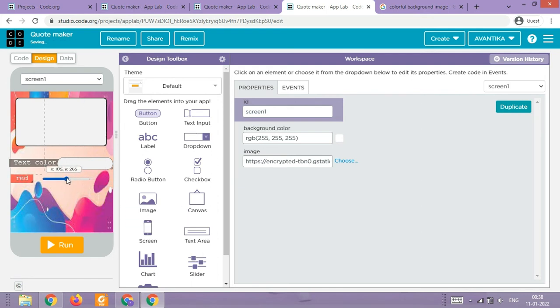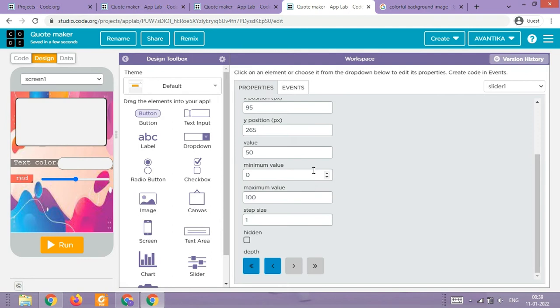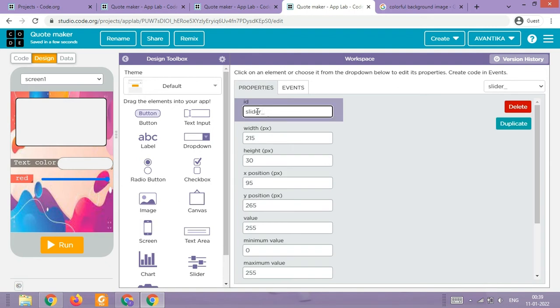Then drag a slider here and make it big, however you like it. So this slider will have the minimum value as 0 and the maximum value as 255, and the present value, which will be shown here, will be 255. Yeah. But I'll explain later why the minimum value and the maximum value range from 0 to 255, and why the present value is 255. I'll explain it later. Let's give it an ID too. So slider R,